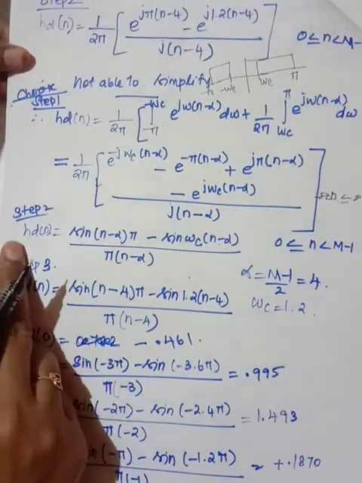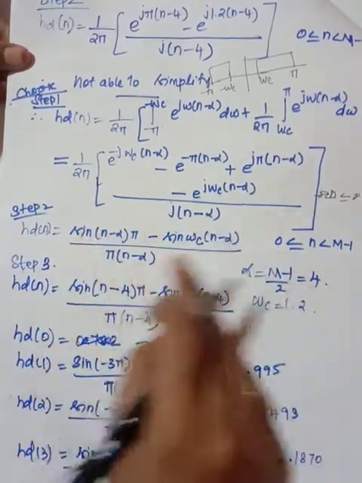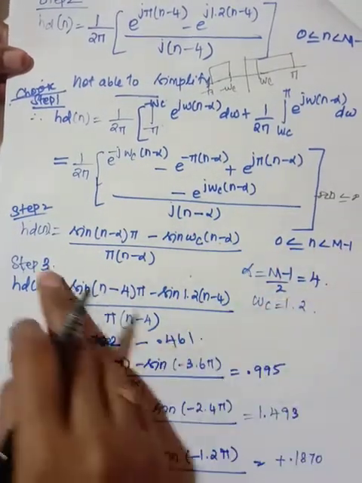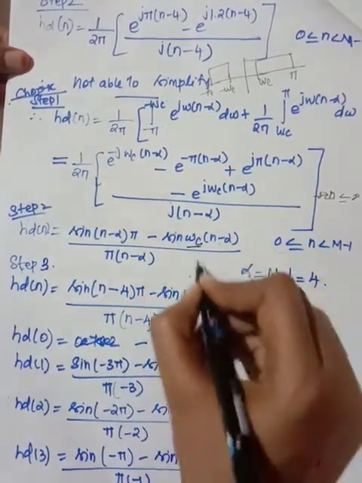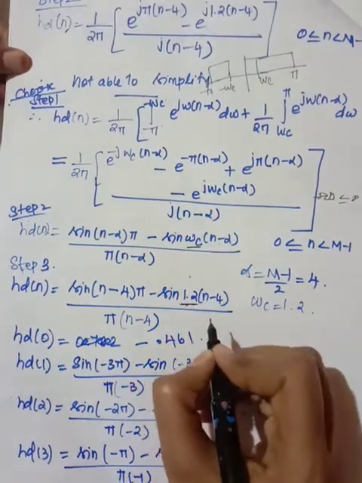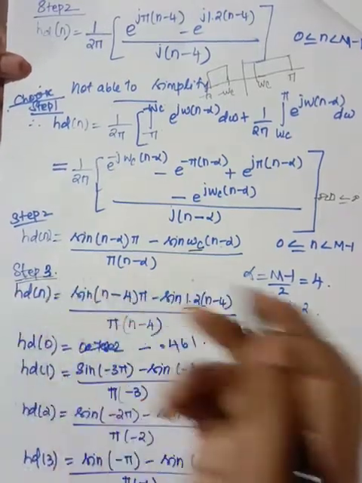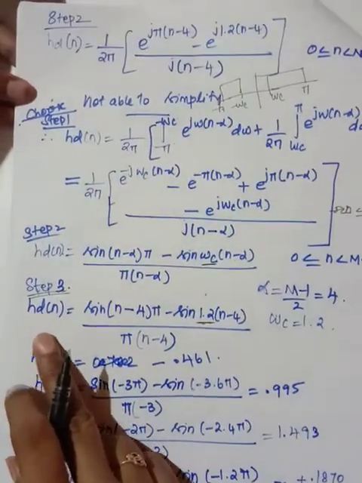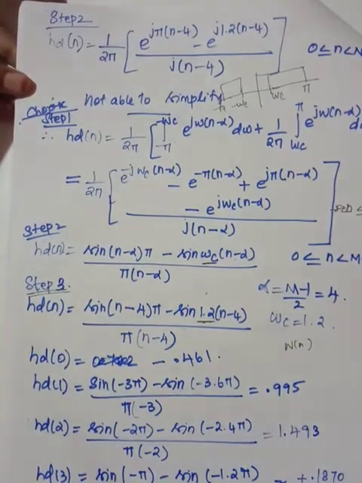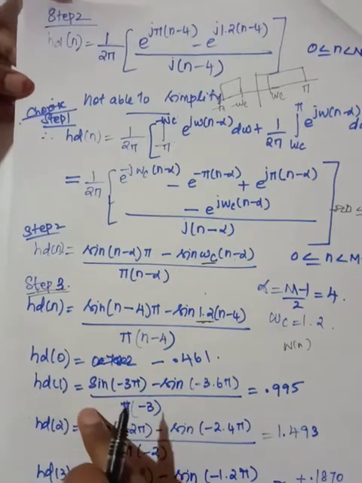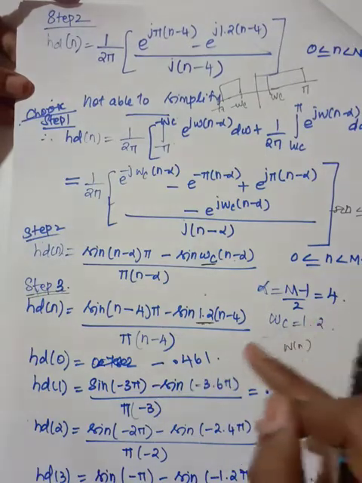So here in step 2, this Hd of n is equal to sine of n minus alpha by 2, this mathematical expression for this range. Next is step 3. So here you will have omega c, right? So instead of omega c, the value is 1.2. Now substitute the values in this equation. So with a similar procedure, find Hd of n, then find the window function w of n, multiply it, and you find the transfer function. They have given this problem in your tutorial, so you try this problem, and I will post the answers and you check your results.